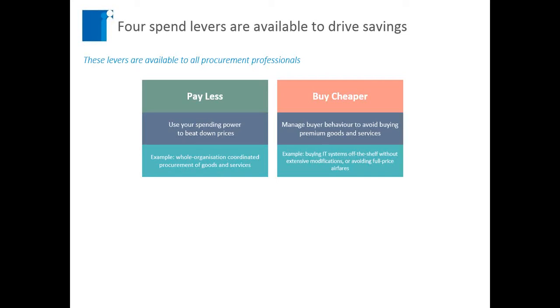So the idea is probably avoiding full-priced airfares. So not getting a flexi fare on the way out and on the way in when we think about the travel category, but probably only a flexi fare would be required on the way back, because for the flight out in the morning, people don't require as much flexibility. So having a cheapest fare of the day approach to the way out is probably a really good way to implement the buy cheaper